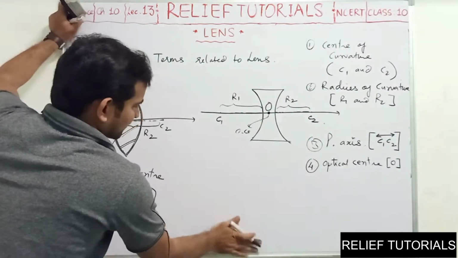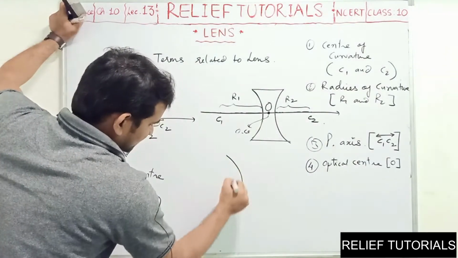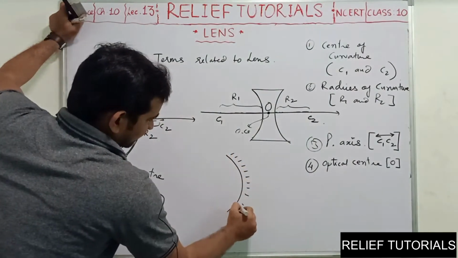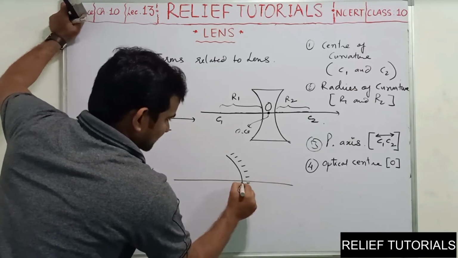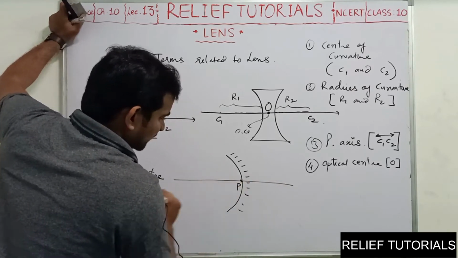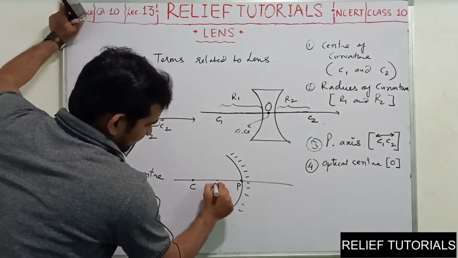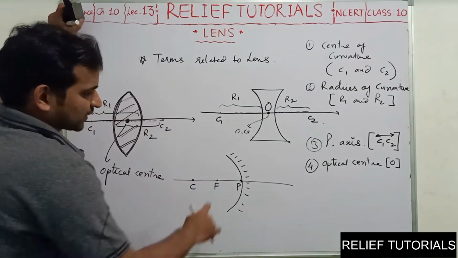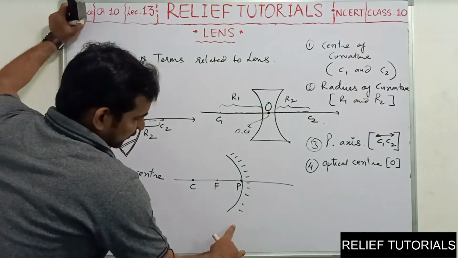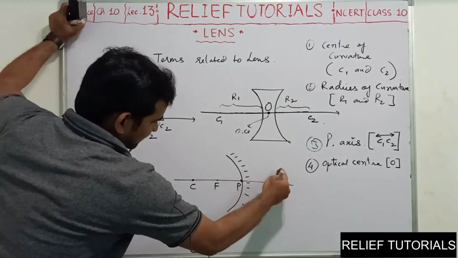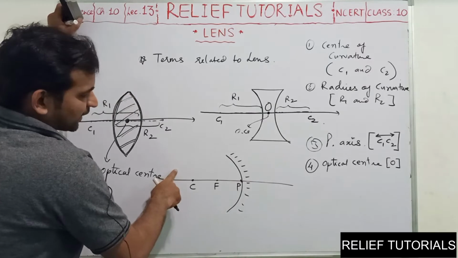And now the most important part again, if you consider one of the objects. See, in the case of mirror, if you remember, consider this is concave mirror, this is principal axis. This point was called pole. Here was the center of curvature. Here is principal focus. This is the colored part. So we cannot place the object on the right hand side. We have to place the object on the left hand side.